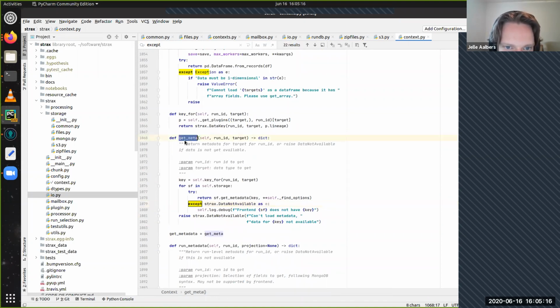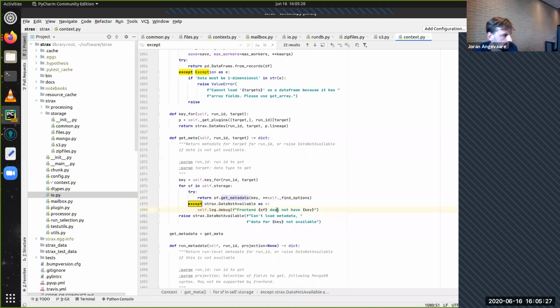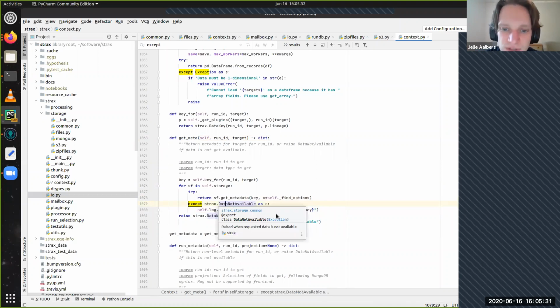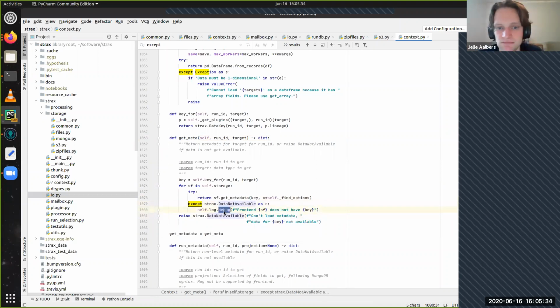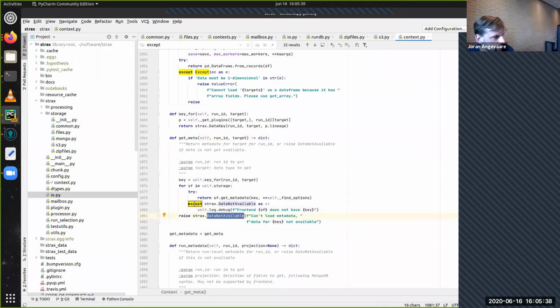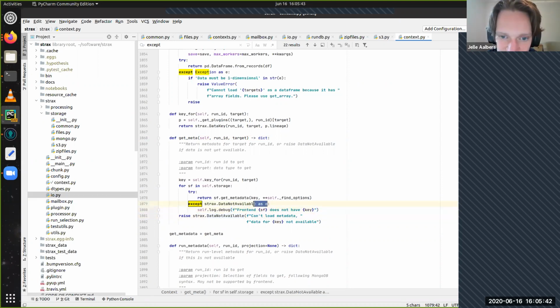So when you're getting metadata or when you're finding data, it's looping over the different front ends. And the way for a front end to signal that it doesn't have the data is to raise the exception. So this is completely normal behavior, and it doesn't mean that we need to raise a warning. We do a debug in case somebody wants to look at that. My small question about this was that the ASE is not actually used. Oh, that's true. Yeah, that you can remove. Okay. But that's not so relevant.